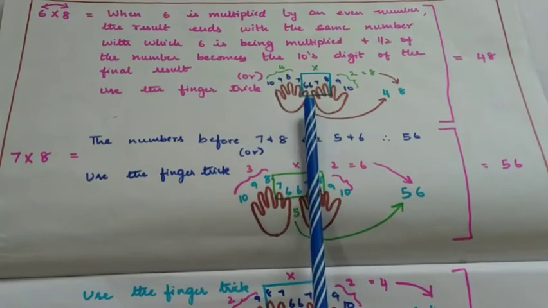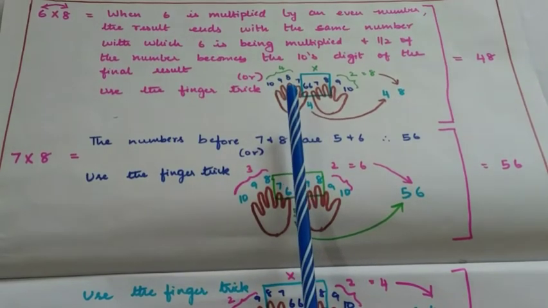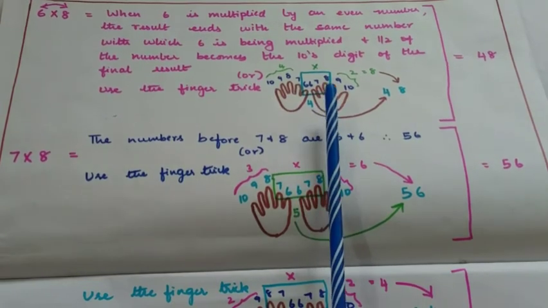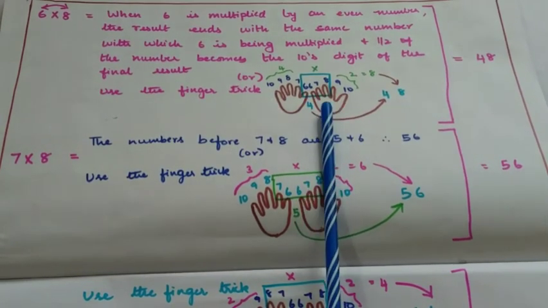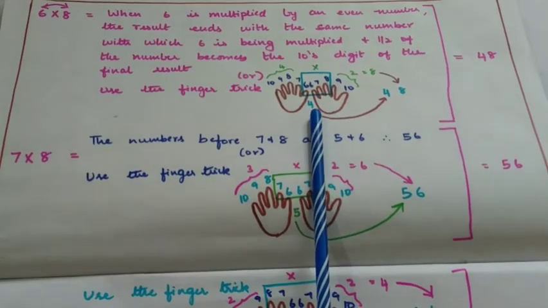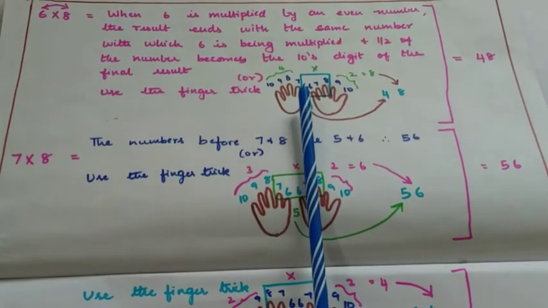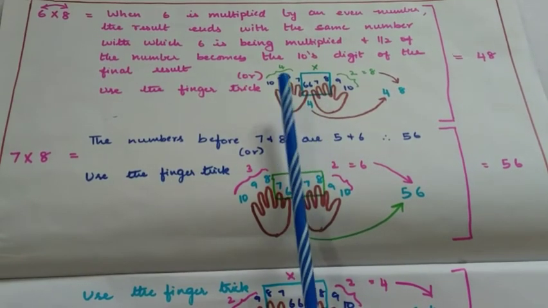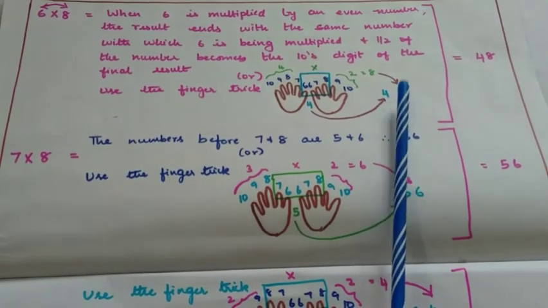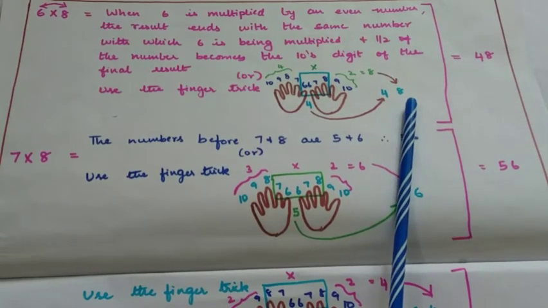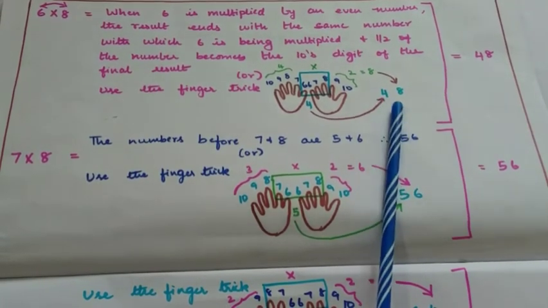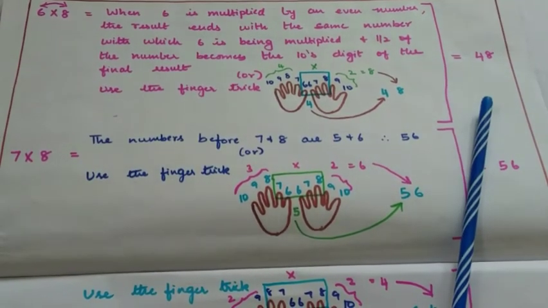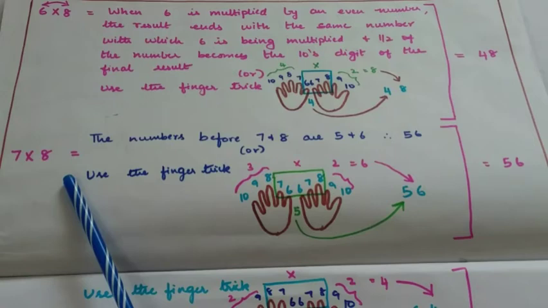And then you need to rotate your hand to touch the fingers that have been numbered 6 and 8 on your left and right hand respectively, and find the number of fingers that are between these fingers including the fingers that have been touched to obtain the result 4 here. And then you need to find the number of fingers that are on either side of the fingers that have been touched and multiply them to obtain the result, which becomes the ones digit of the result. Therefore, when you club these both numbers, you obtain the final result of 6 into 8, which is nothing but 48. Let's move to the next row where 7 is being multiplied by 8.